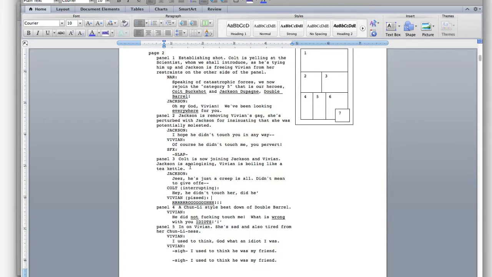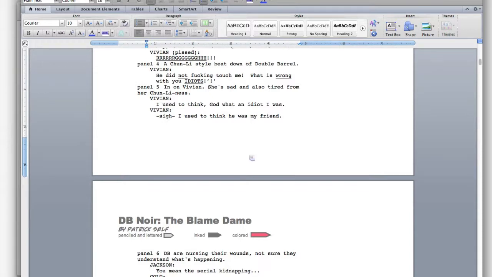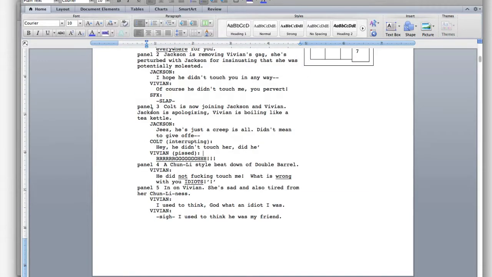I'll show you kind of a neat thing. Let's say I have a little better panel 3 and panel 4. Let's say I wanted panel 4 and everything in it to happen before panel 3. So what I can do is take the mouse and highlight all of that stuff,